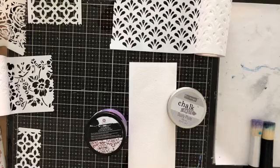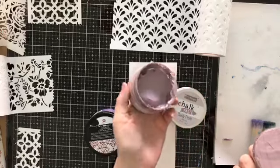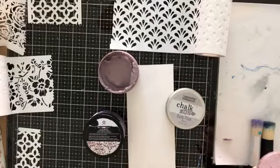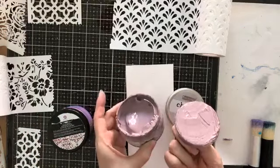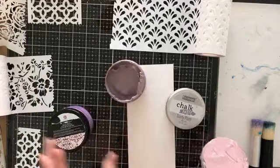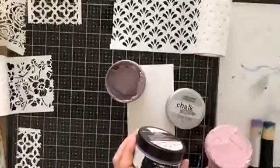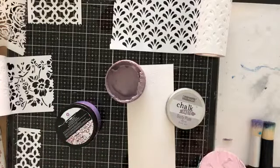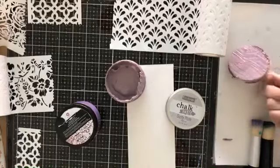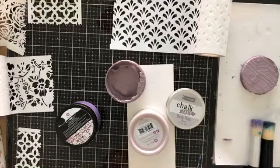It pairs really well with Roycroft Rose. Okay, see that? Beautiful. That is gonna give you a matte chalk-like finish, where the Icing Paste by Finnabair is gonna give you a glimmery, shimmery finish. So two totally different looks, but they work exactly the same. Let's try chalk paste. You guys want to see that? I'm gonna pull out the rose with that one,